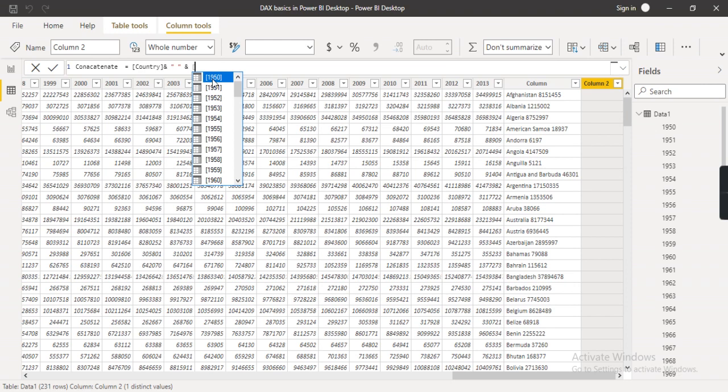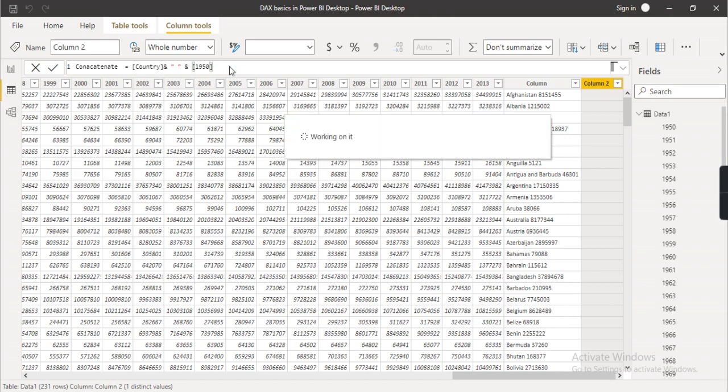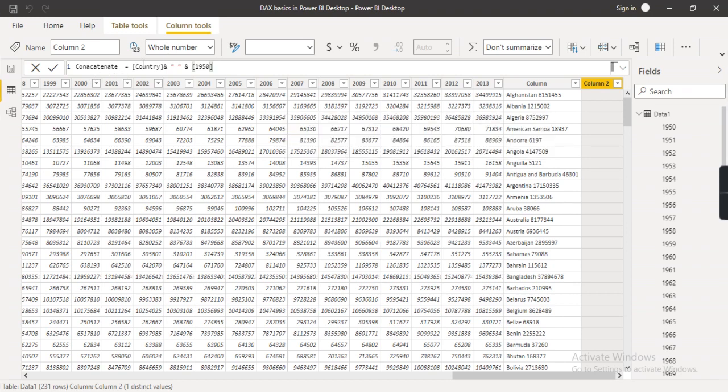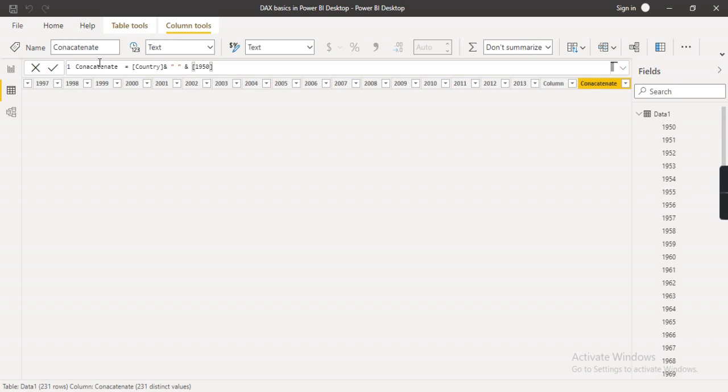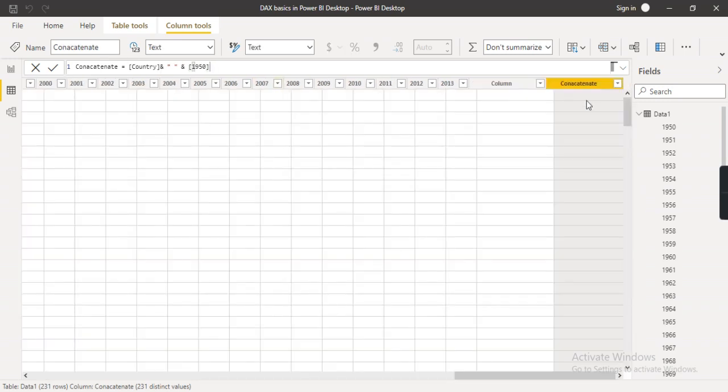So we will choose this column only, and enter. This will create a new column named concatenate, and this will concatenate these two columns into a third one, which is concatenate.